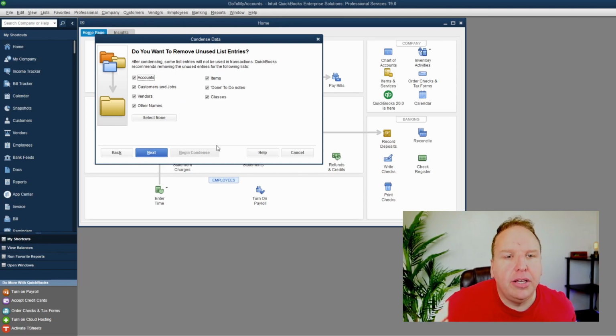Now this one is the important one. This is the one where you could really kind of screw things up. So it's saying, do you want to remove unused list entries? And they're recommending that you do, and I'm going to recommend that you don't. So here's why. If you were not using GoToMyAccounts, maybe it's okay. Maybe it makes sense to remove them. But